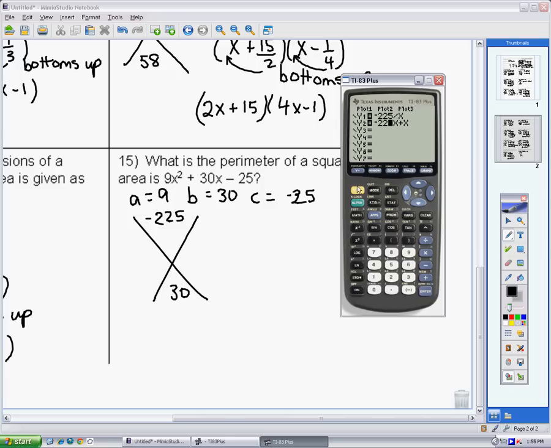negative 225. I'm going to look at the table, and I want to find out where x is 30. Scroll down. There's 50, there's 40, there's 31, see where my sum adds up to 30 with the factors of negative 225. I've got a factor of 5 and negative 45 that adds up to negative 40, and then I've got 9 and negative 25, which adds up to 16. So with this being the case that I cannot have a sum